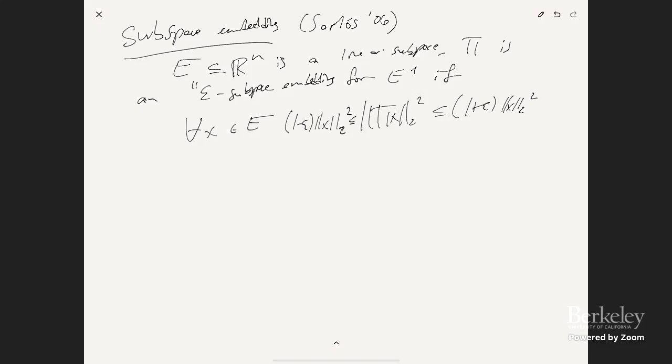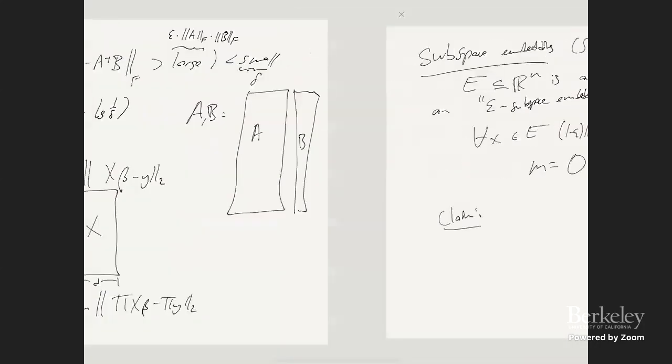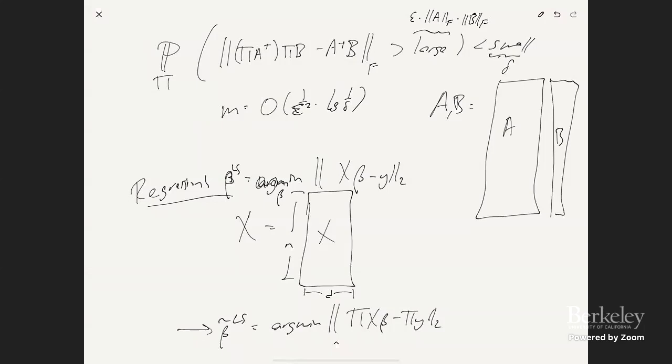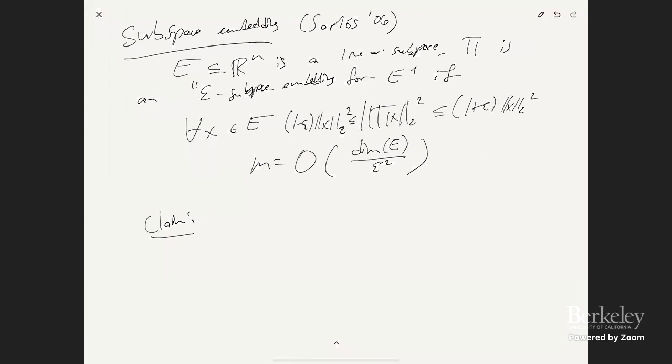And it turns out that you can get, in this case, M to be O of the dimension of E over epsilon squared. And, claim: this is part of something called sketch and solve. So this idea that beta tilde is just going to be the optimal thing for the sketched version is called sketch and solve, usually in the literature. And the claim is that if you do sketch and solve, it works as long as pi is an epsilon subspace embedding